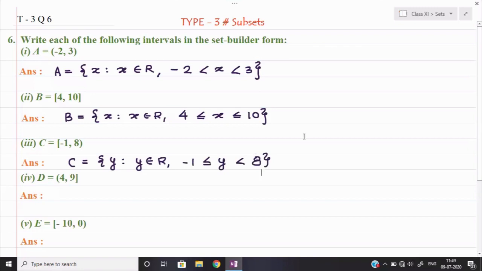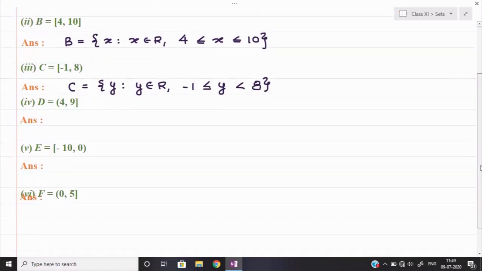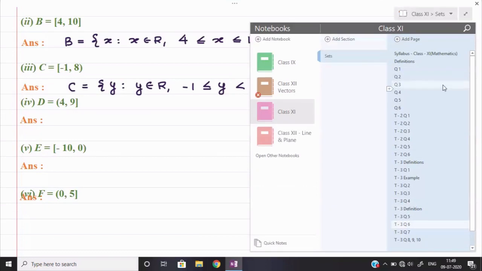So shall I explain you all the questions? I don't think you now require all the explanation of the remaining part. That you can do on your own. The assignment I am sending you, you can check the answer with the help of this. I hope you can easily write down the remaining parts. So we shall go now quickly to the next question.